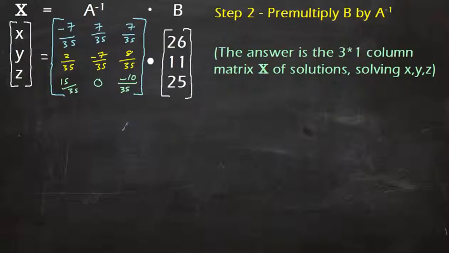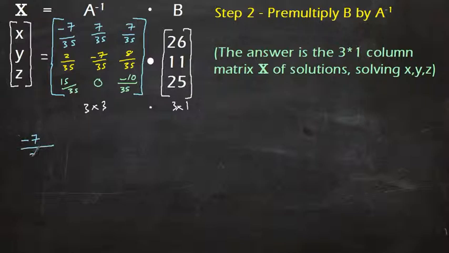So now all we have to do is multiply the inverse of A, which we've just found, by the matrix of constants B. And because this is a 3 by 3 matrix and this is a 3 by 1, the inner dimensions match, so we can do it, and the answer is going to be a 3 row by 1 column, which is what we expected for the matrix of unknowns, the matrix of variables, which we called X. So let's multiply them then. The top row by the first column will give us the top variable, as in x. So what that is